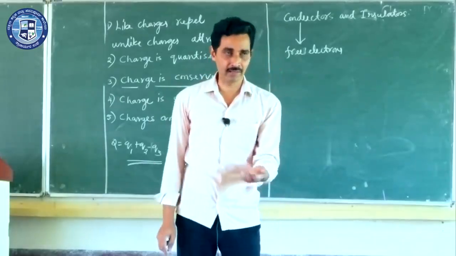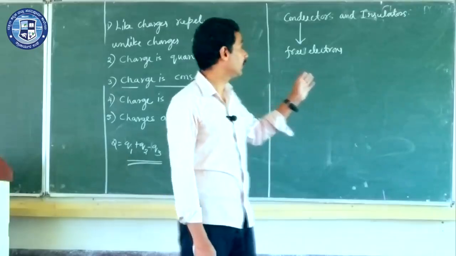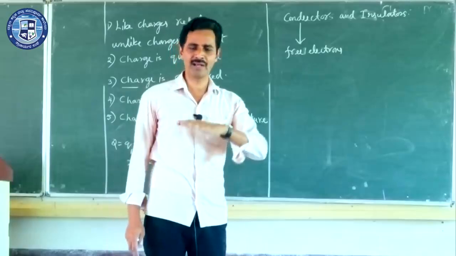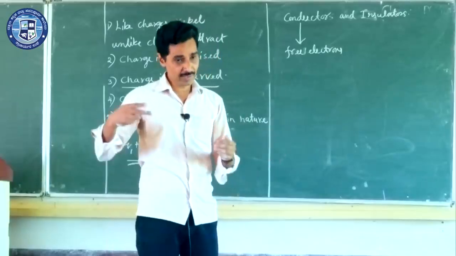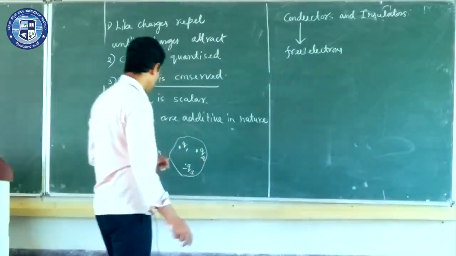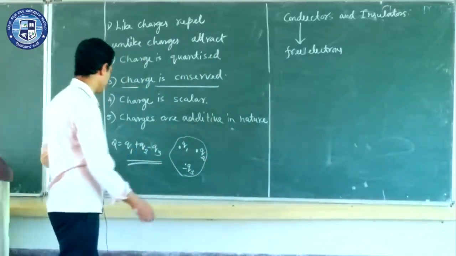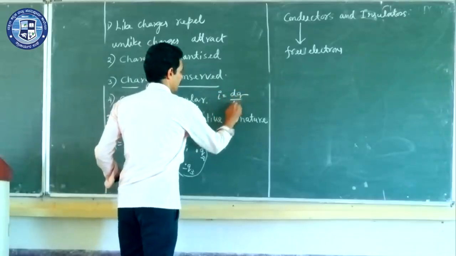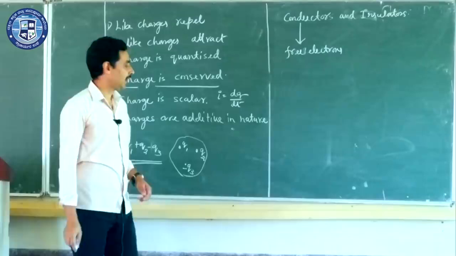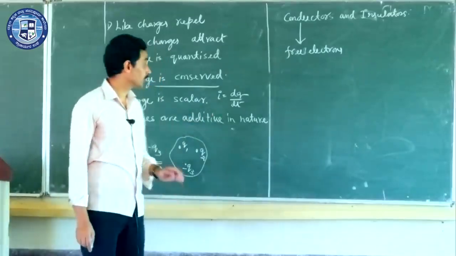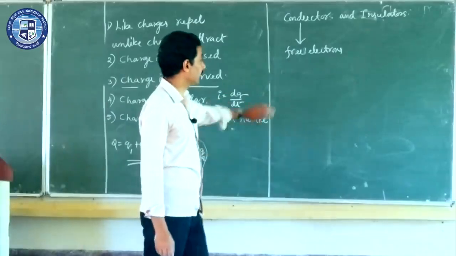What do you mean by current? That is the flow of these charges. And flow of these free electrons in a metal, of course there are different types of free charges. In metals, flow of free electrons makes current. And remember, you may be defining this in the later chapter, that current is equal to rate of flow of charges, right? dq by dt. And current is also a scalar because it is a flow of charges. So current is also a scalar quantity, right?